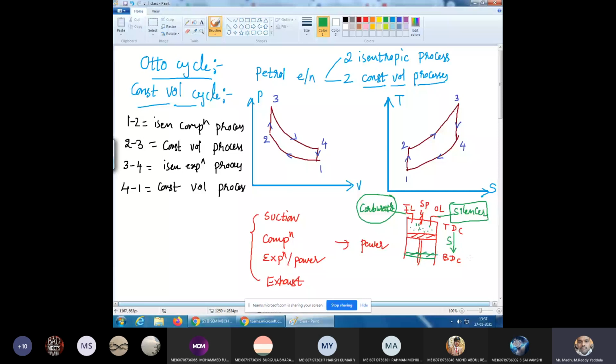Now during the return stroke of the piston, that is from BDC to TDC, we can call it as compression stroke. So during the compression stroke, what is there inside the cylinder? Air plus petrol. That will be compressed. Due to the compression, the volume is decreasing and the pressure and temperatures are increasing. At the end of the compression, spark is introduced by the help of spark plug. So already the pressure and temperature of air fuel mixture will be very high. At that time, if you introduce the spark, automatically the ignition will take place.